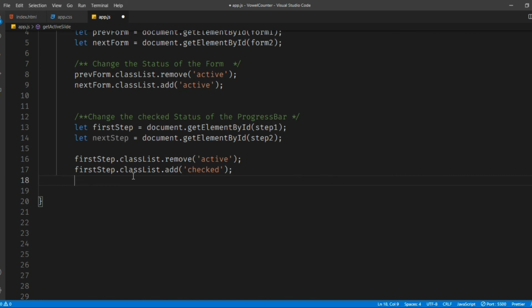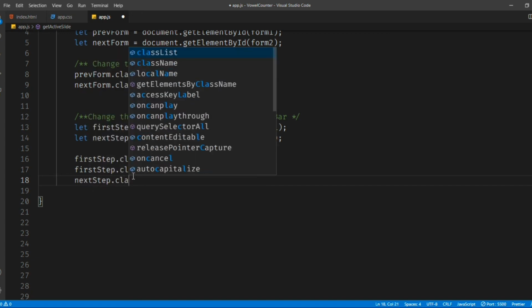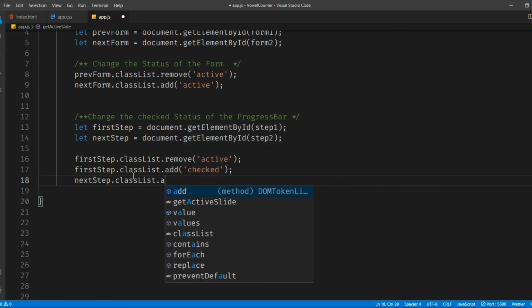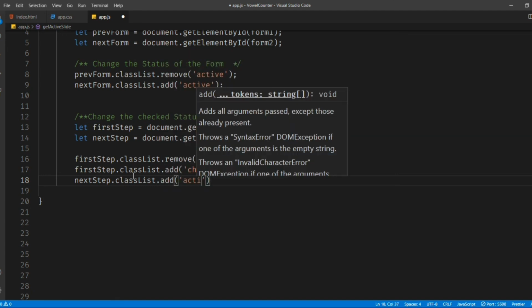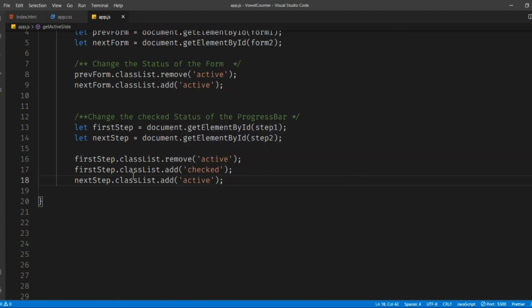As soon as the progress bar sees this checked, it shows an animation, and it is done in CSS. I'll give you the CSS code, but as soon as it shows the check, it means that the form has been completed successfully. And nextStep.classList.add active, right? This is the simple logic, I'm removing that active and adding that active.